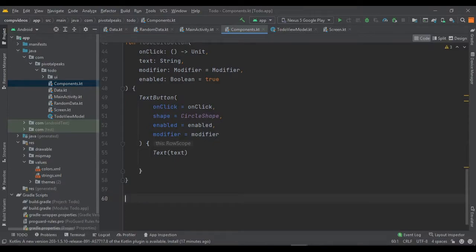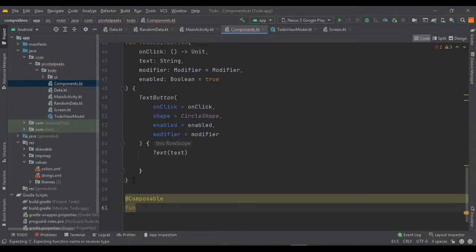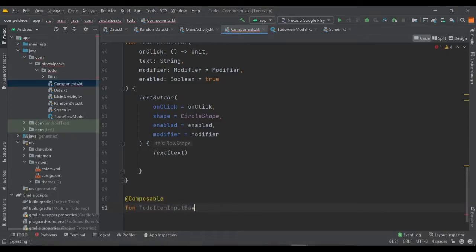So let's start making it. I'm going to call it function item input background, and obviously it needs some parameters.